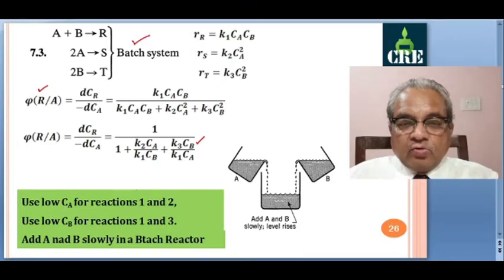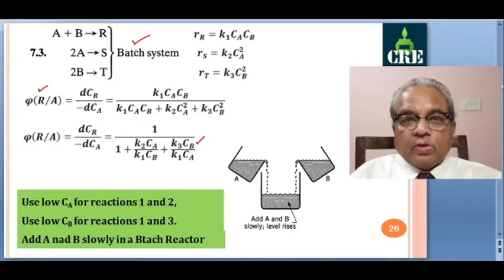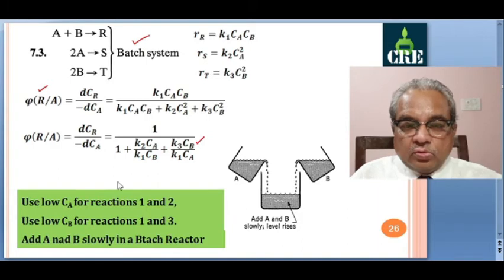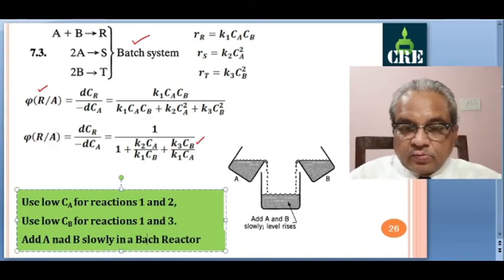So low Ca for 1 and 2, low Cb for 1 and 3. That means you need low concentrations of these. So naturally you will have a batch reactor here,